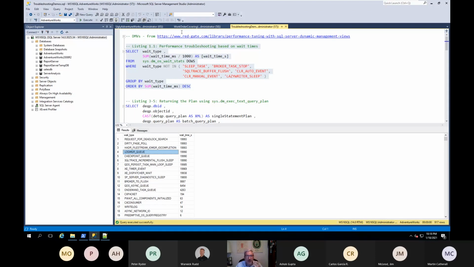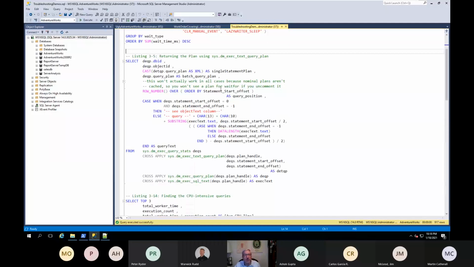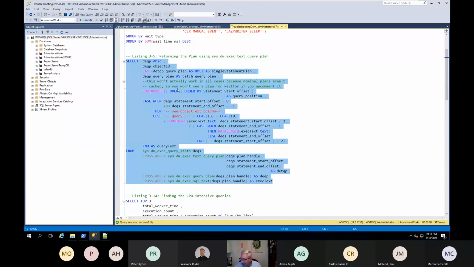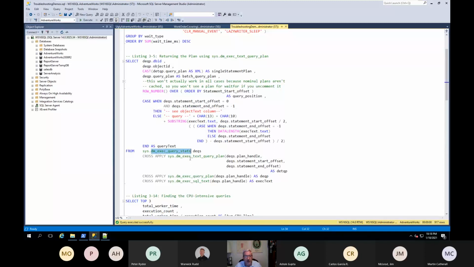So instead of using that dashboard report with its waits, I can go directly to the DMV and get that information. If I wanted to get a query plan for activity that's in my plan cache based on the activity that's going on, I can join query stats with the functions exec_text_query_plan, exec_query_plan, and the SQL text function.